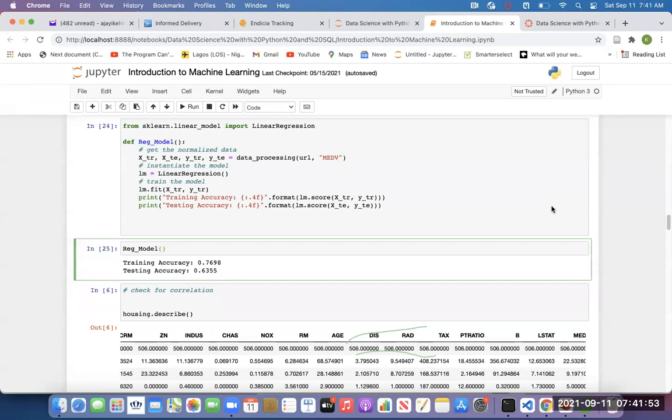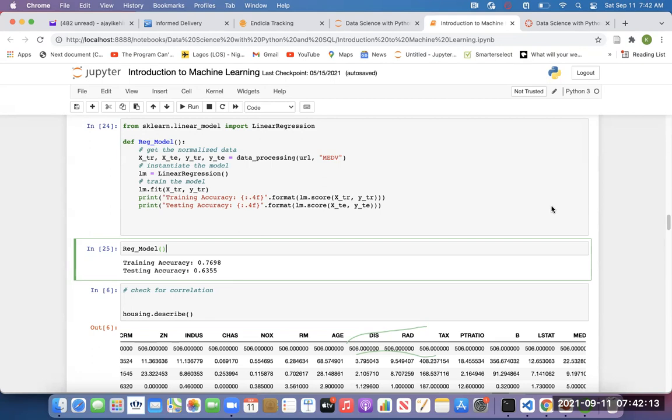Who else? I think it is overfitting because the training accuracy is a lot better than the testing accuracy.